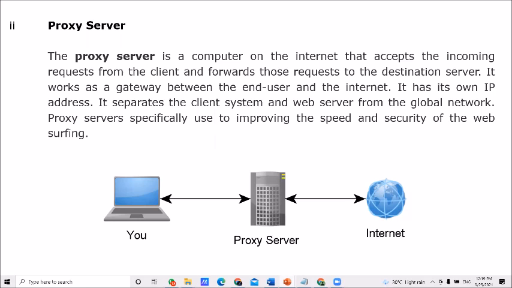Therefore, web surfing speed is very high. Right? No need to write down the same sentences here. That's one standard answer. No need to remember the things here. Please understand the diagram and the functions also. Then you can write down using your own words. However, write down this answer in your books and later try to write it in your own words.